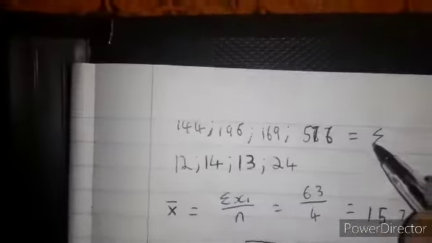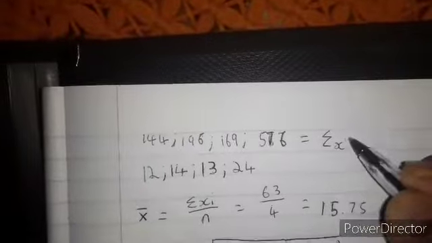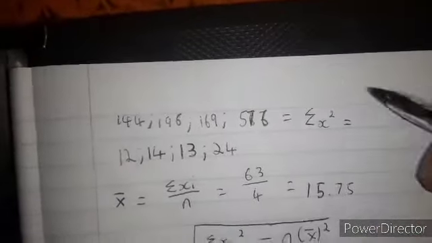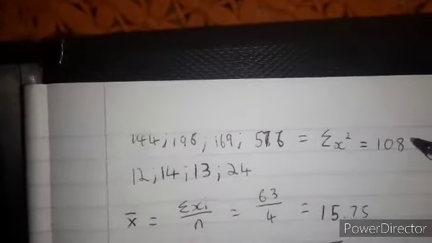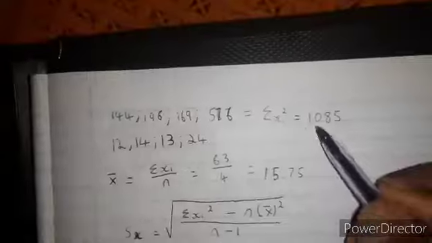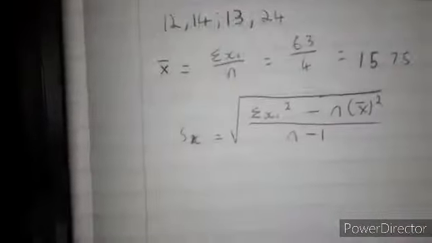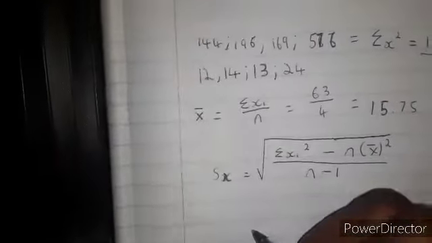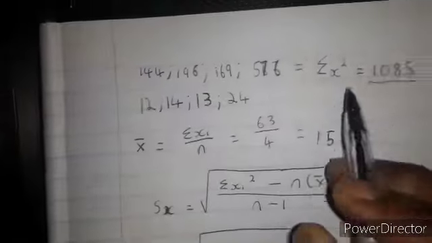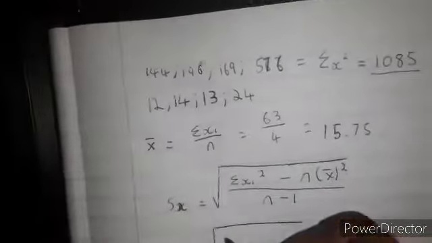So the sum of x squared is equal to 1085. So let us substitute. The sum of x squared is 1085